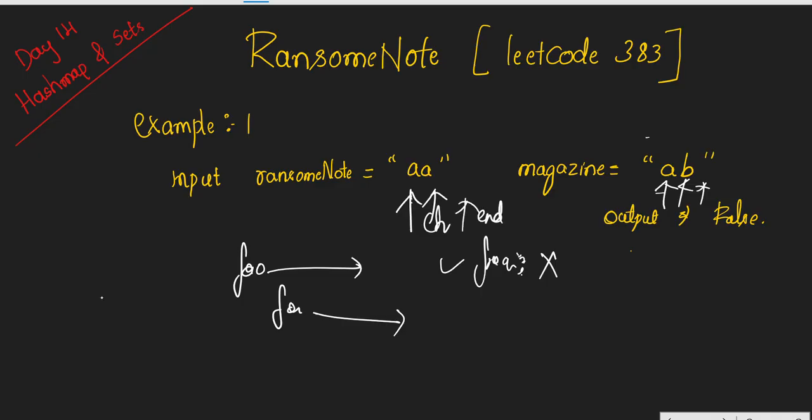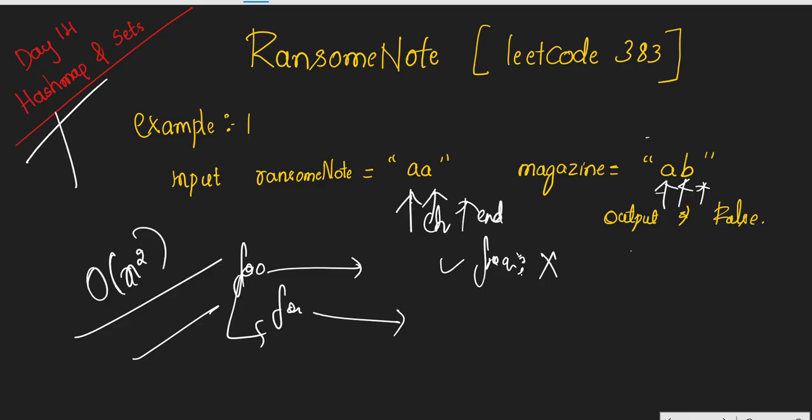So the two-pointer approach can be solved when there are valid conditions. When it comes to the time and space complexity, we have order of n square time complexity, because here we are going to use two for loops for ransom note and the magazine, iterating simultaneously. So I'm going to solve this problem in the optimal approach using this special method called HashMaps